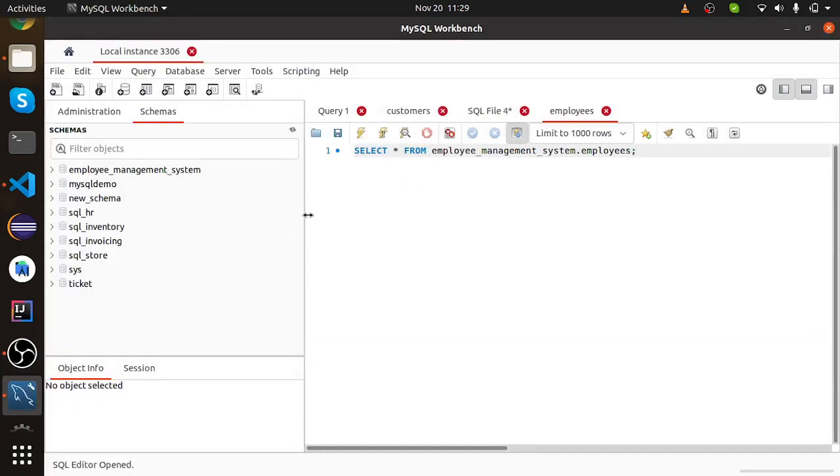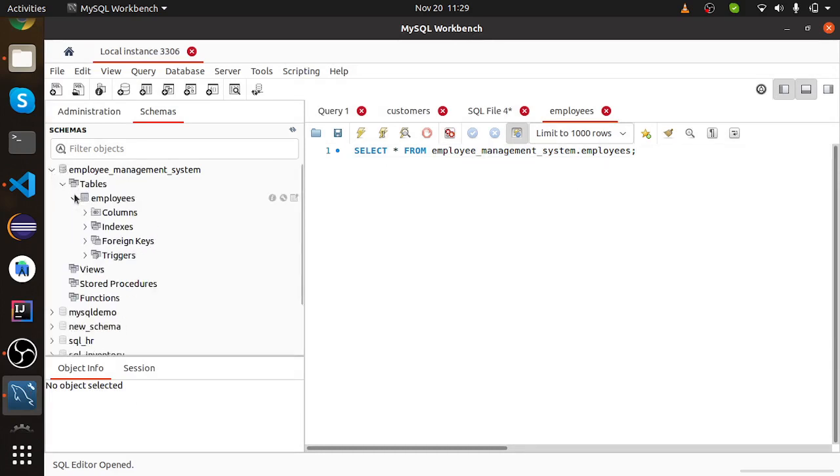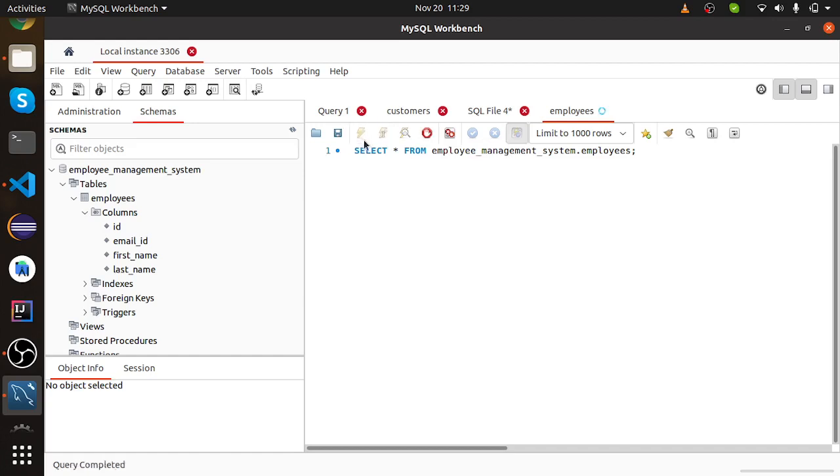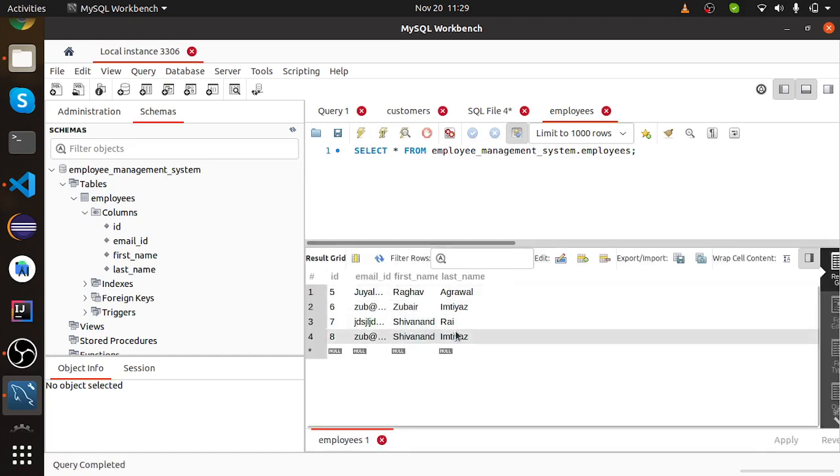So here is the database we are working on. We have made a database called employee management system, and the table name is employee. You can see the schema over here. There is an employees table, and the columns are ID, email ID, first name and last name. So if we run this query just to check what rows and columns are available in our table, we can run this query in our workbench, and here we can see all the details of the first name, last name, and we can see that there is no demo first, which we added and deleted.